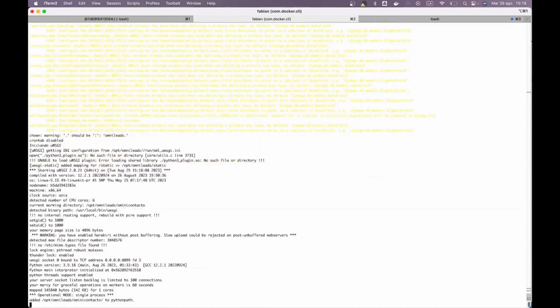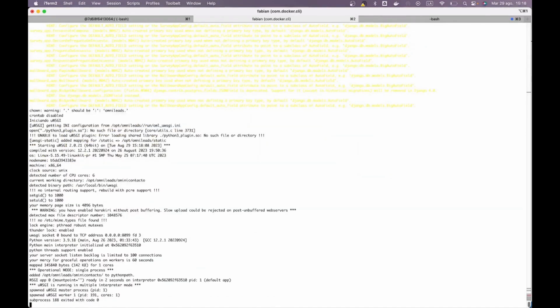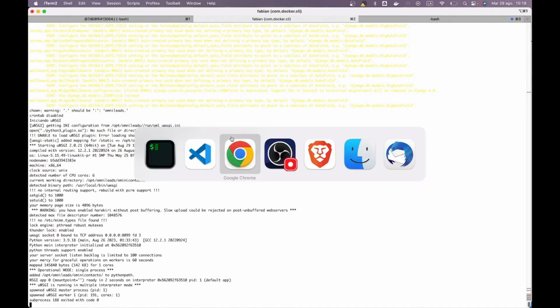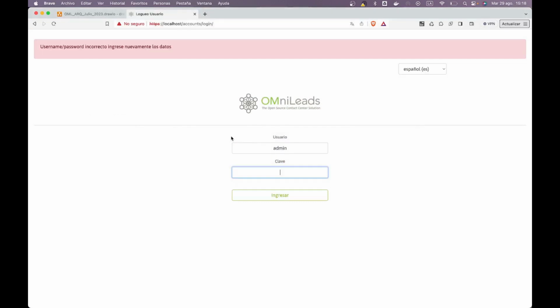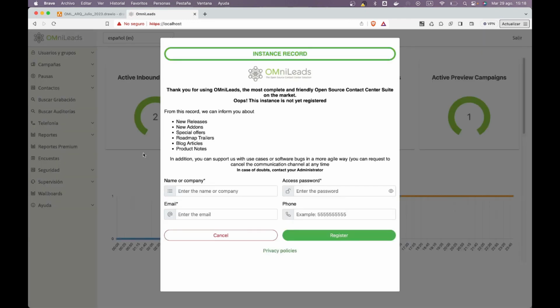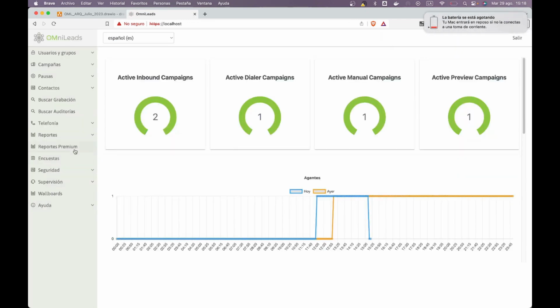We should have received something by email. In my case, I have it in my Gmail, so I should have received it. Here is the key. Now, with this key, what I do is inform the OMniLeads commercial team to enable the add-ons I require. In this example, we are going to enable all the add-ons so we can see what they are about. But initially we would already have the instance registered with a valid key for this instance, and